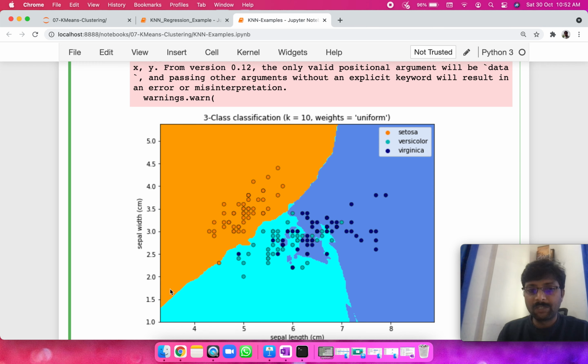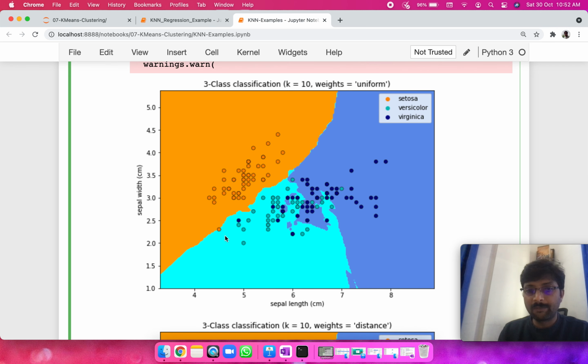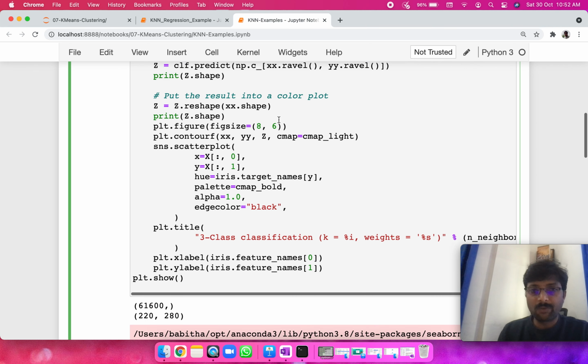And for each and every sample within this, we want to predict. That's the ultimate end goal: we predict and plot it with the respective color. If it is for one particular category, let's say we got the prediction as versicolor, we will use this hue for it. That's how we got this contour graph with completely filled regions. So that's exactly what we're doing here.